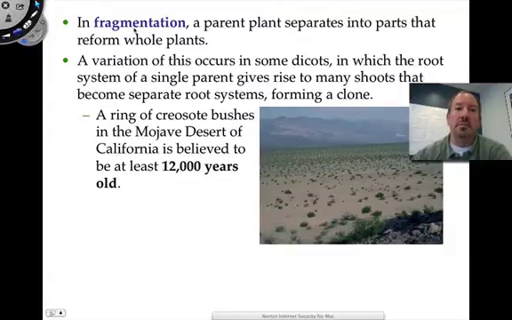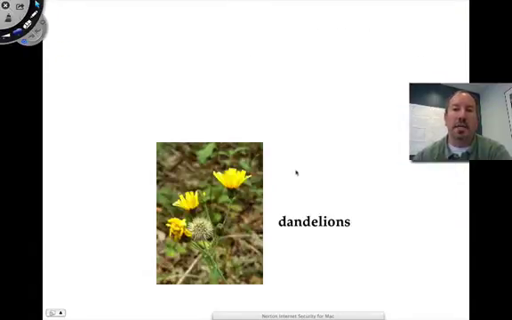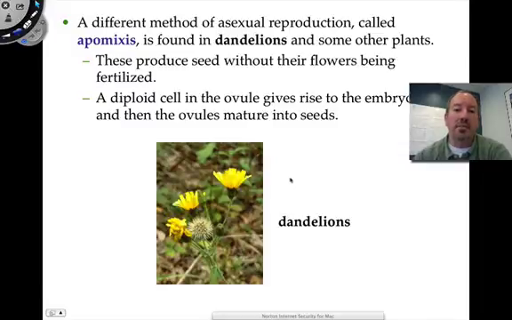So this is an example of fragmentation, where the parent plant separates into parts like that, forming whole new plants. Another example of vegetative reproduction. I find this to be really interesting too, because in dandelions, I think most of us are familiar, like for